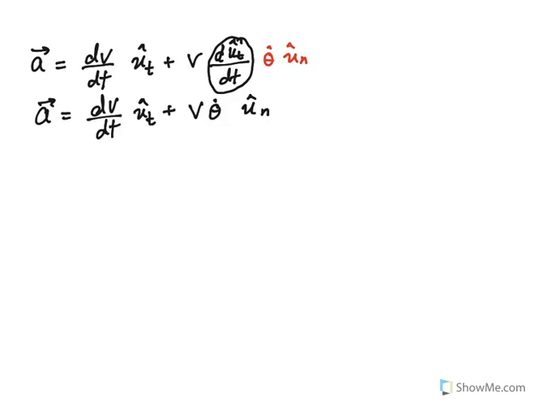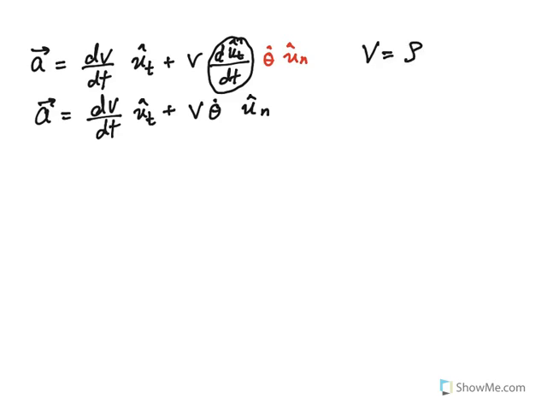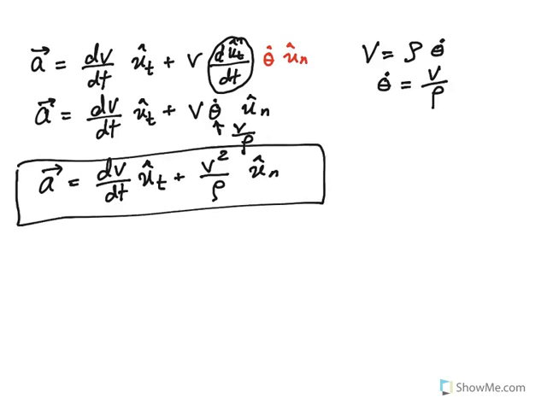Now, a minute ago on the previous page, you guys remember I said velocity is rho theta dot, right? Let me bring that here. Why don't we replace theta dot by v over rho? If I replace this guy by v over rho, let's see what happens. Acceleration becomes dv dt u sub t plus v squared over rho u sub n. So this is the acceleration described vectorially. And let's try to make sense out of this equation. What does this equation mean? This equation implies that this dv dt, which is attached to the tangential unit vector, must be the tangential component